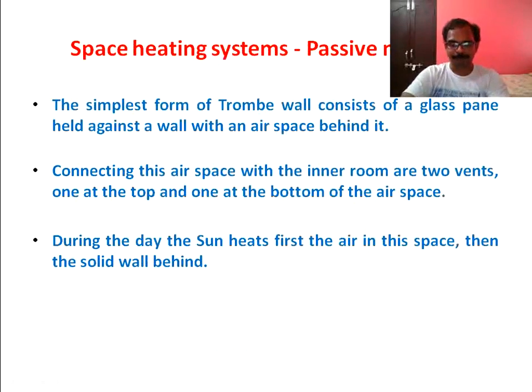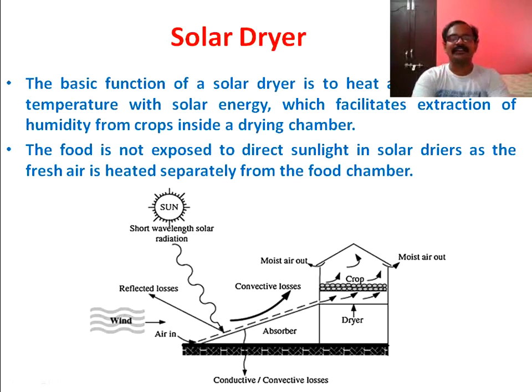The third one is a solar dryer. This solar dryer is used to remove the moisture content in food materials or food crops. So we make solar dryer chambers, and in these chambers we keep fresh fruits, fresh vegetables, or any fresh farm produce. Then we take a solar air collector and pass the air through it, and whenever sunlight is falling on the collector, the air passing through the solar collector will get heated up. That heated air will be passed into the drying chambers where the vegetables or fruits are kept.